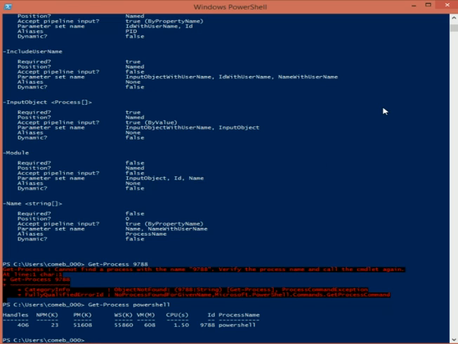So that is the difference between a named parameter and a positional parameter. If a parameter is named, you actually have to specify that parameter using the dash or a hyphen to call it. Or else if it's a positional parameter, you just have to know at what position you have to provide that input string. So for example, if